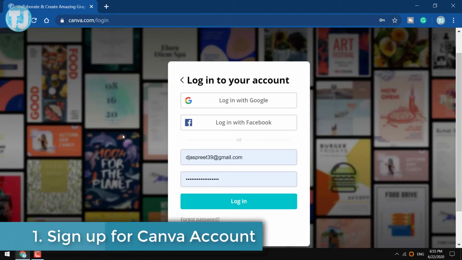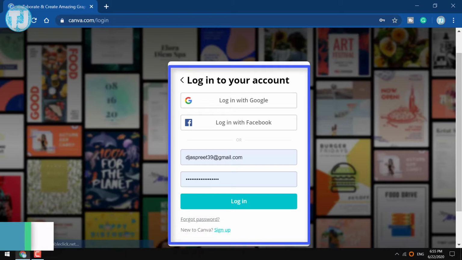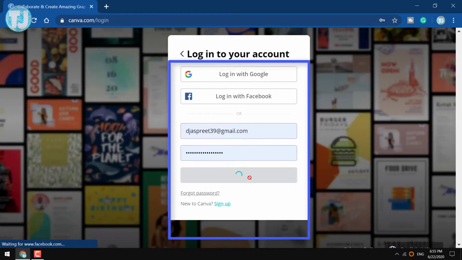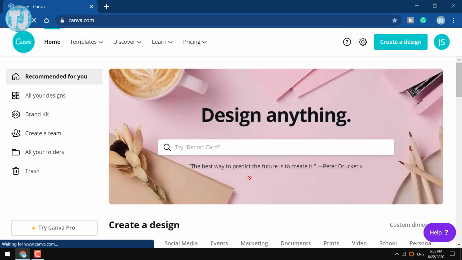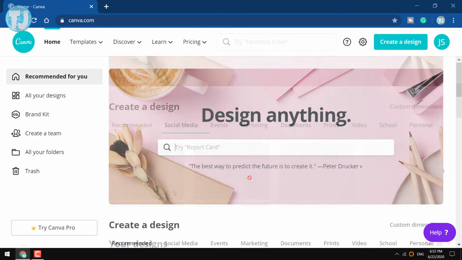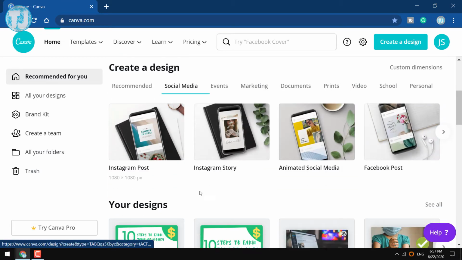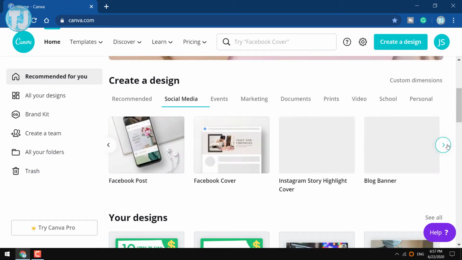To get started, just sign up using your Gmail, Facebook or email ID on the Canva website. And after that your Canva account will be created. Now you can see we can create a lot of things on this website.